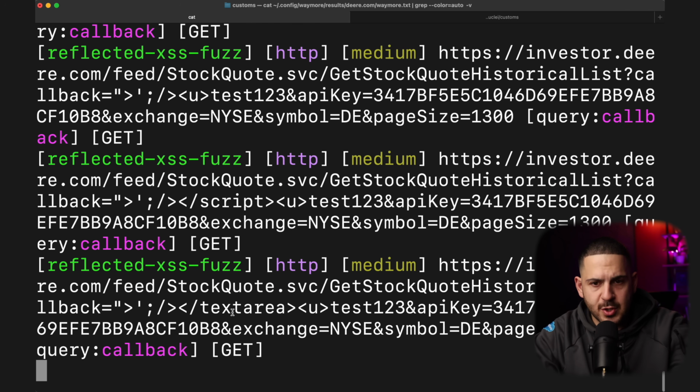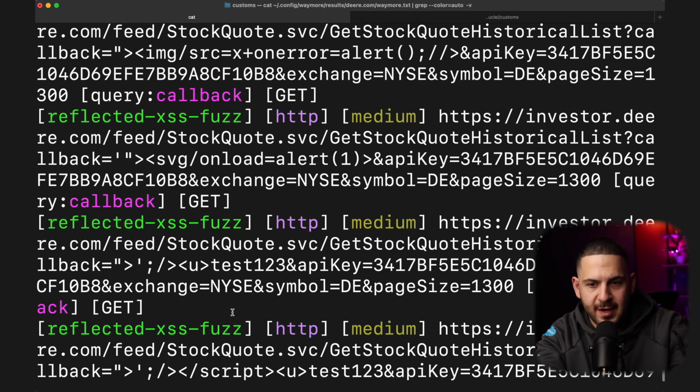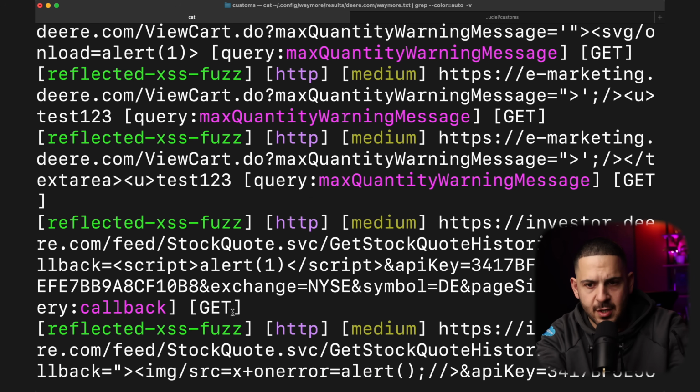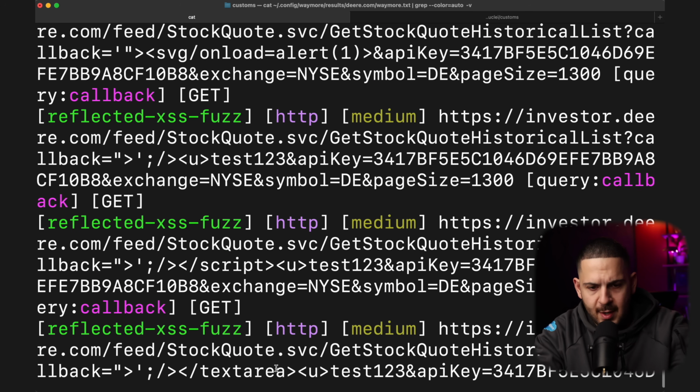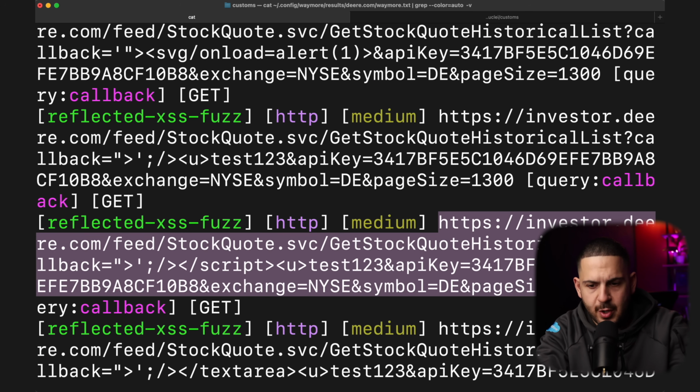And I'm going to quickly just switch over to the screen right now and show you that it is finding more and more XSS. It's found something on Investor. We already knew the other one, and we can just copy this and check it out as well just to make sure that it works. But I just kind of want to show you that you can simply just find vulnerabilities within each of these